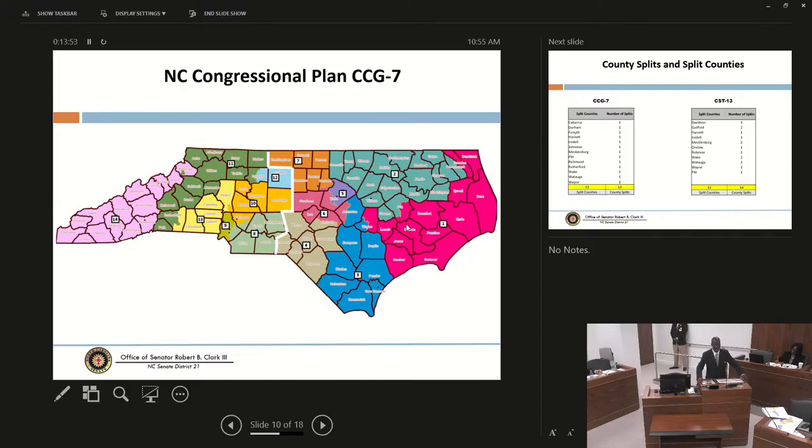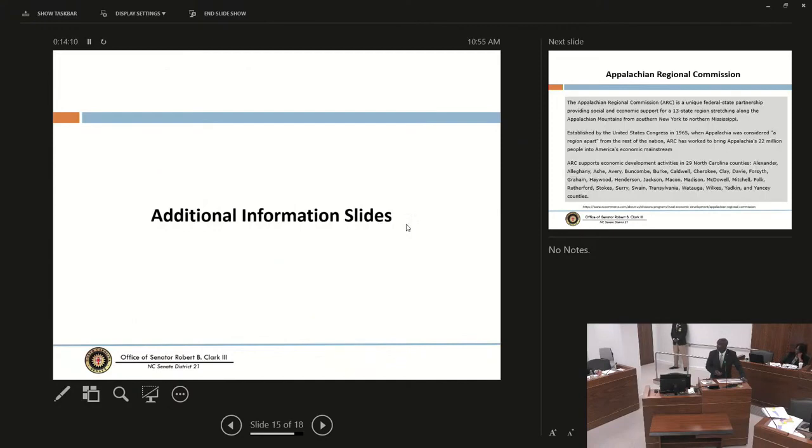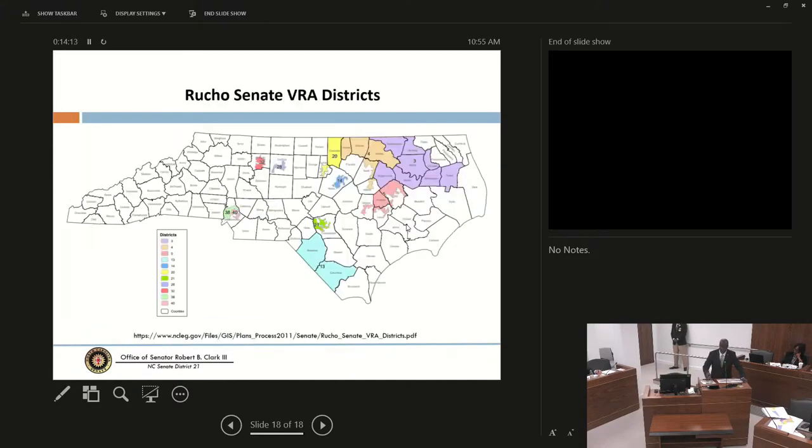And early on, we asked our members to say, well, we're going to need to use racial data in order to make sure that we comply with the VRA with regard to the districts we draw. And they didn't want to do that, and that's their prerogative. So since I couldn't use racial data as my guide, I relied on a 2011 drawing generated by this body, the Senate, that has the VRA requirements for the Senate districts that were being contemplated at the time. And essentially what they did is they identified areas that were considered to have significant racial polarization when it came to voting.